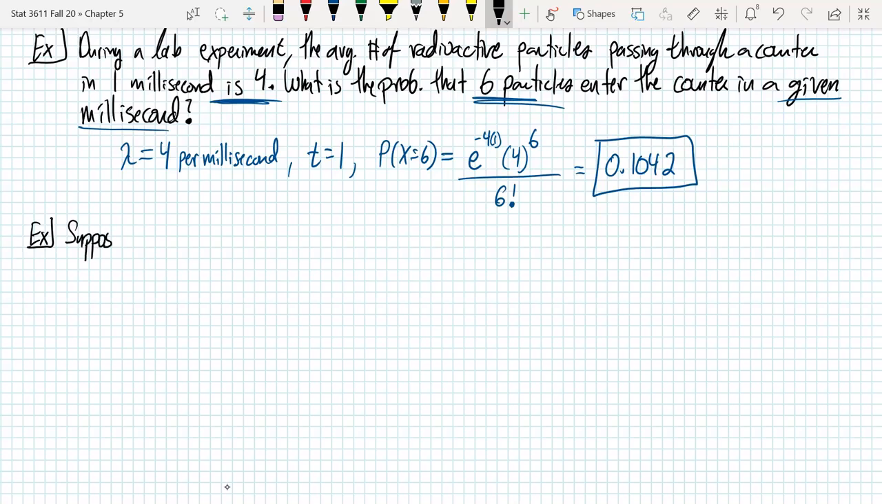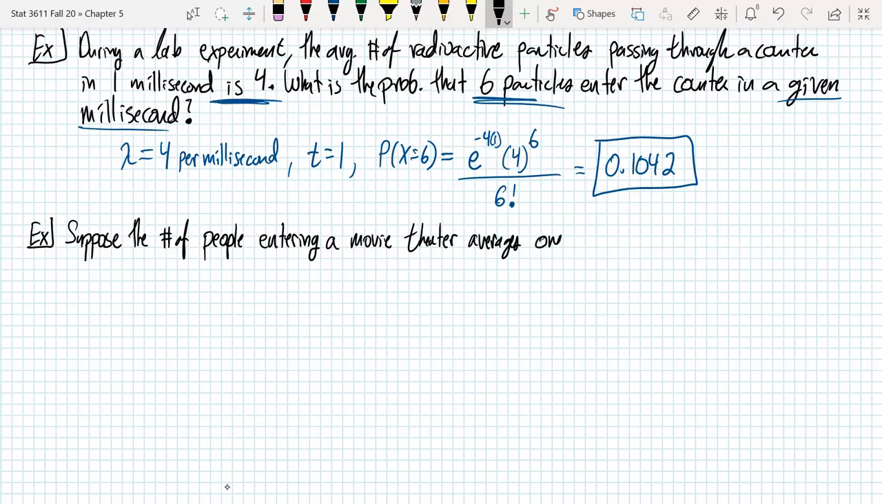Suppose the number of people entering a movie theater averages 1 every 2 minutes. So using the Poisson distribution,